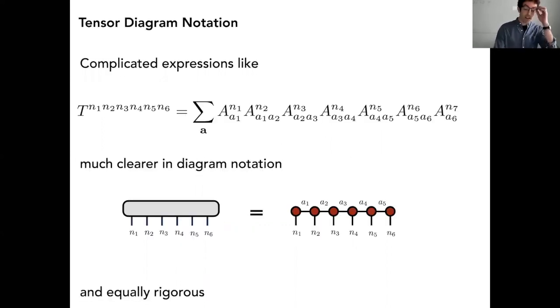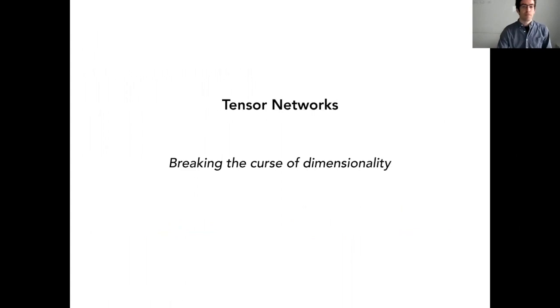Okay, and then just to kind of hint later about ITensor, the idea of ITensor is that you ought to be able just to stare at these drawings and write code rather than having to get into the business of knowing which index is in what ordering on your tensors. That's the philosophy. Okay. So now let's go to tensor networks.